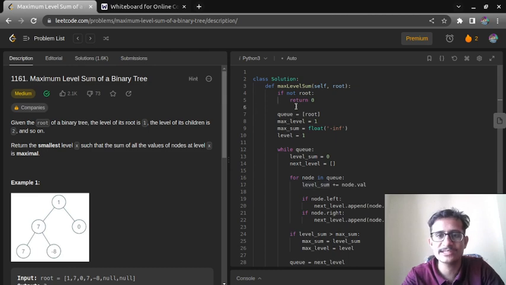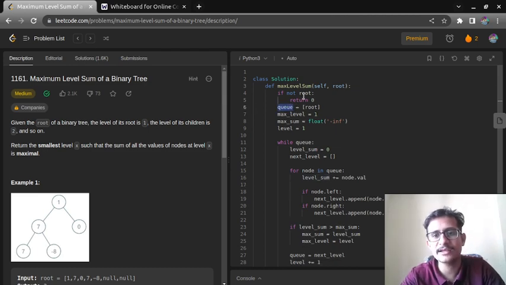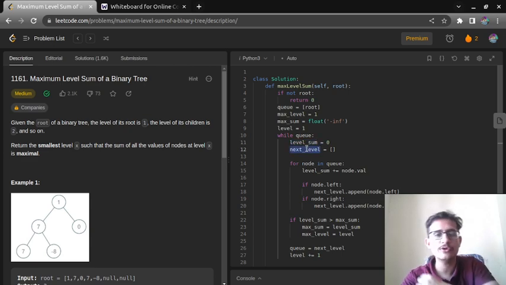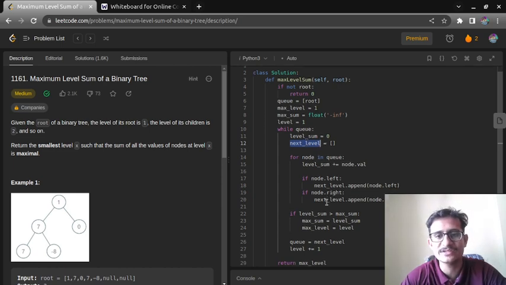Here you can see the code. Here I have written that if root is none, return 0. Then we have started our queue with some variables. While we have elements in the queue, we are going to calculate the level sum as well as the elements which are present in the next level. Whatever elements are present in the queue, we are going to add them to the level sum. Once this is done, we will check if the left node is present or not.